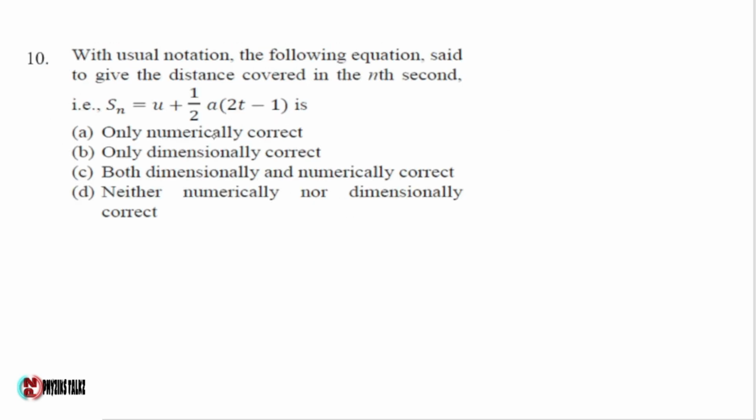Next question: with usual notation, the following equation is said to give the distance covered in nth second: Sn equals u plus half a into 2t minus 1. Which option is correct? Now Sn is the distance covered in nth second,